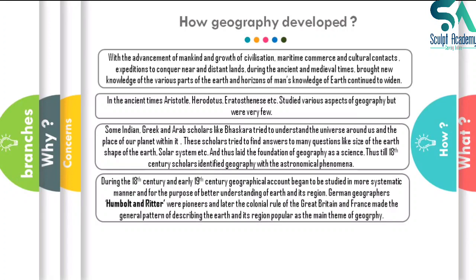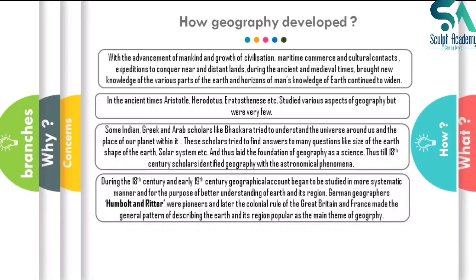German geographers Humboldt and Ritter were pioneers in this approach, and later on Great Britain and France, which were the two great colonial powers, made the general pattern of describing the earth and its regions popular as the main theme of geography. That means a new attribute to geography was added in the 18th and 19th century, that is describing the earth